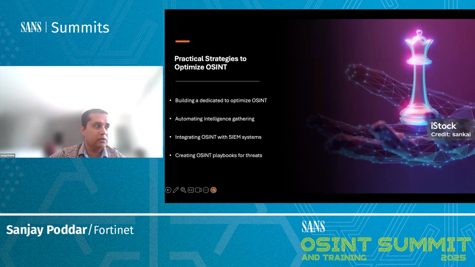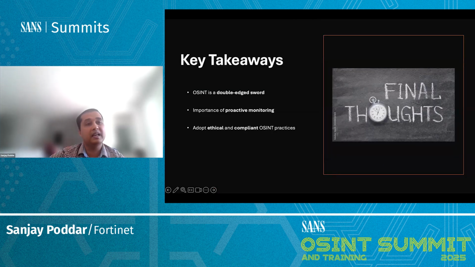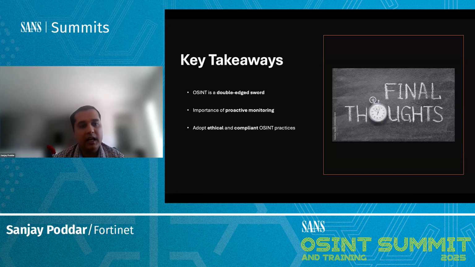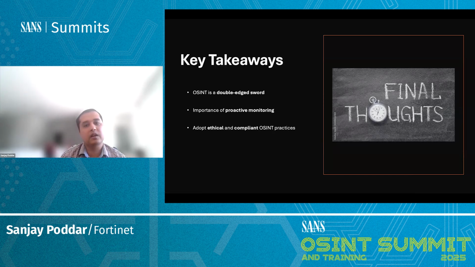Now let's look at the key takeaways from this. Before we close, let's have a good recap of the few essential points. First, using publicly available information is a double-edged sword. While it's a powerful tool for identifying external threats, it can also expose your organization if not managed carefully. Attackers are using the same method to gather intel on us. So it's crucial to stay vigilant.